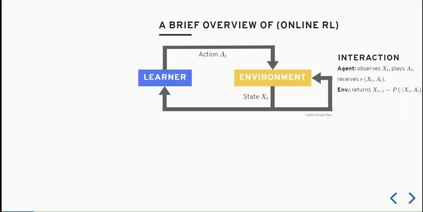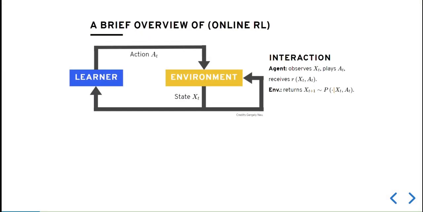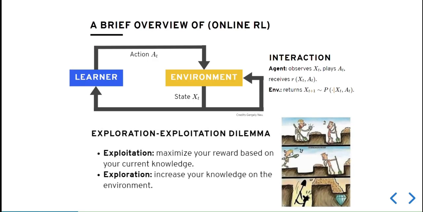I'm excited to share the work we've been doing in reinforcement learning theory. Reinforcement learning, or RL for short, is a type of machine learning that focuses on learning through interaction with an environment. The agent receives feedback in the form of a reward signal and learns to take actions that maximize this reward. In this video, I focus on the online RL setting.